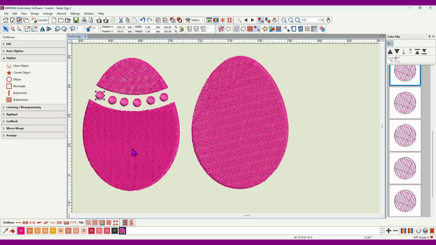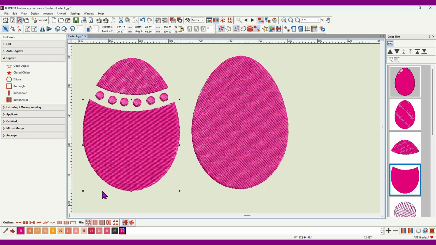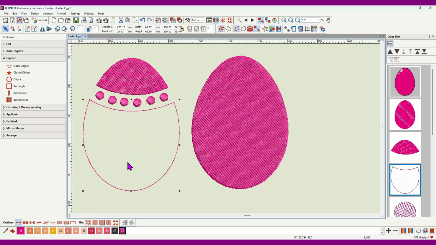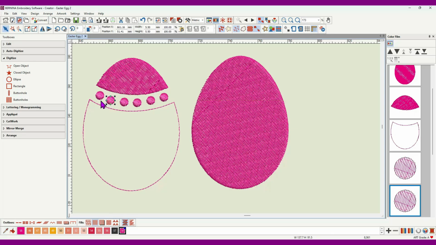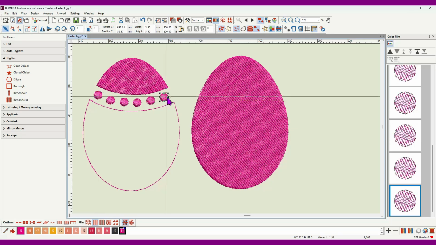I'm going to select this part here and turn it into an outline, just so I've got some sort of guide there. You would have to align these a bit better. I didn't really do it all that well, but just take your time to get these to look nice. You could even select this